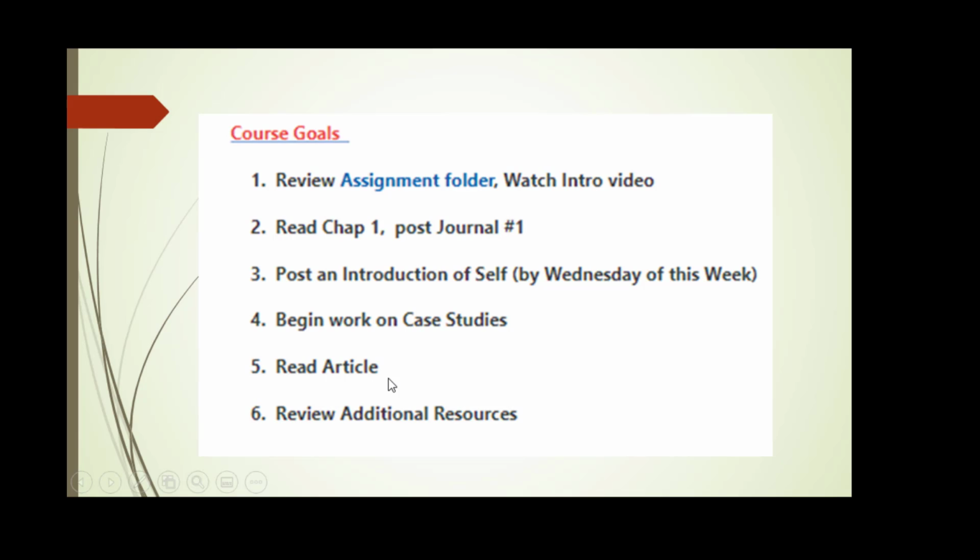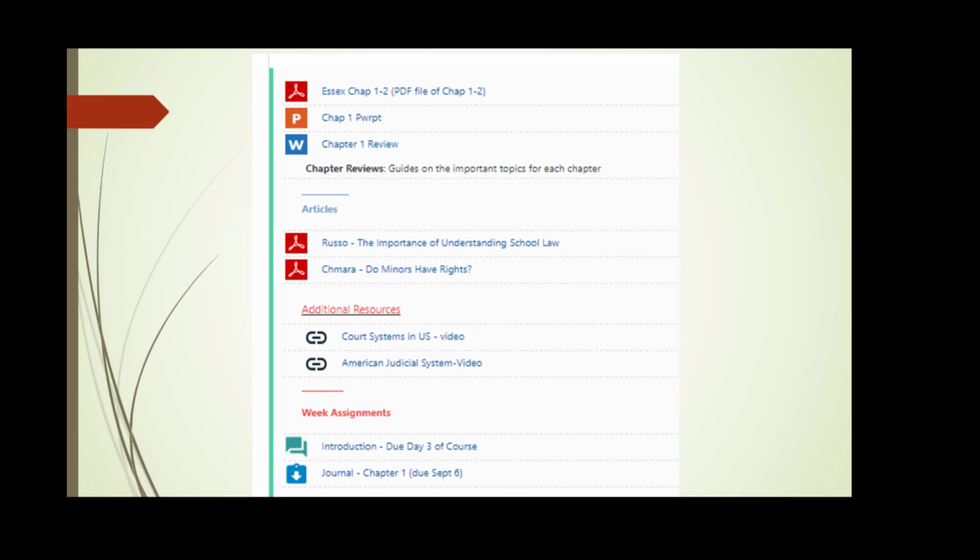Read the article, 2 articles listed. Read one of those and work on that article review. And in every week I've listed additional resources for you to help understand the chapter and to give you additional information. So I'm not going to go over every week, but this is our first week. If you are unable to have the text right now, you've ordered it and it hasn't arrived yet, or you're not using an electronic version, this is a PDF file of chapters 1 and 2, so that you can stay right on track. If the chapter had a PowerPoint, I did upload it for you, and then there are some chapter reviews for you. Your choice of 2 articles.